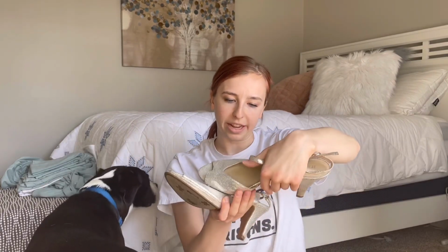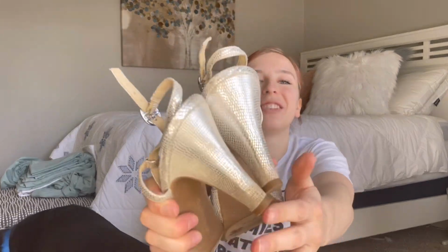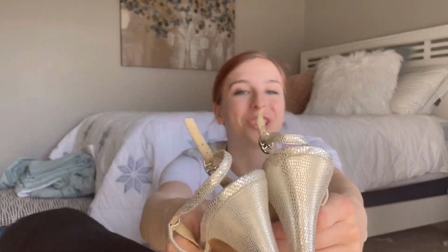Okay, so looks like we have a pair of heels. The brand is Naturalizer, which is not one of the best brands to sell on Poshmark. There is some wear on the insole, but overall these shoes look pretty decent. I might try to get them listed pretty soon with that wedding season coming up. These heels do have some wear to them though, which is frustrating when getting shoes in these boxes. But like those Born shoes, I might be able to get like $10 to $15. Which would not be the best sale to get, but I would like to just clear these out of my